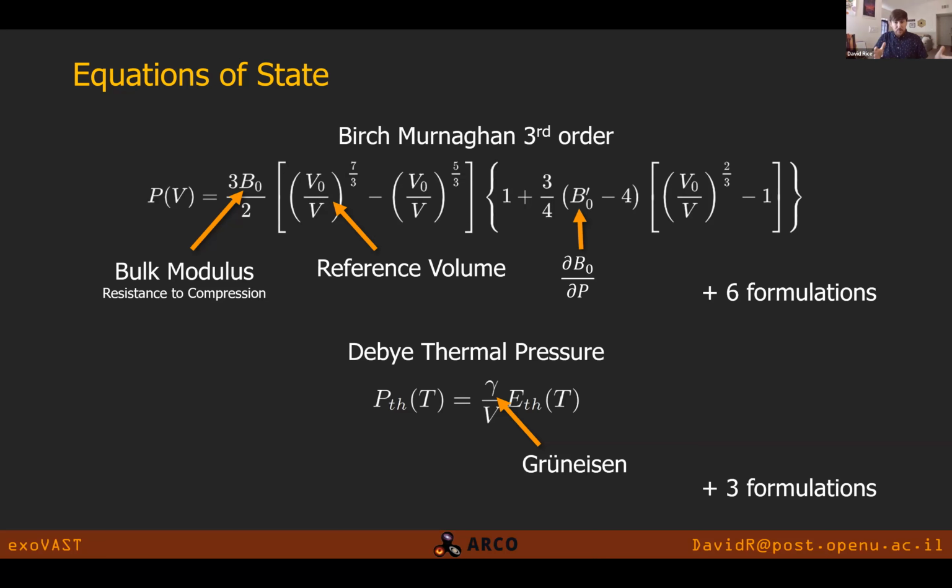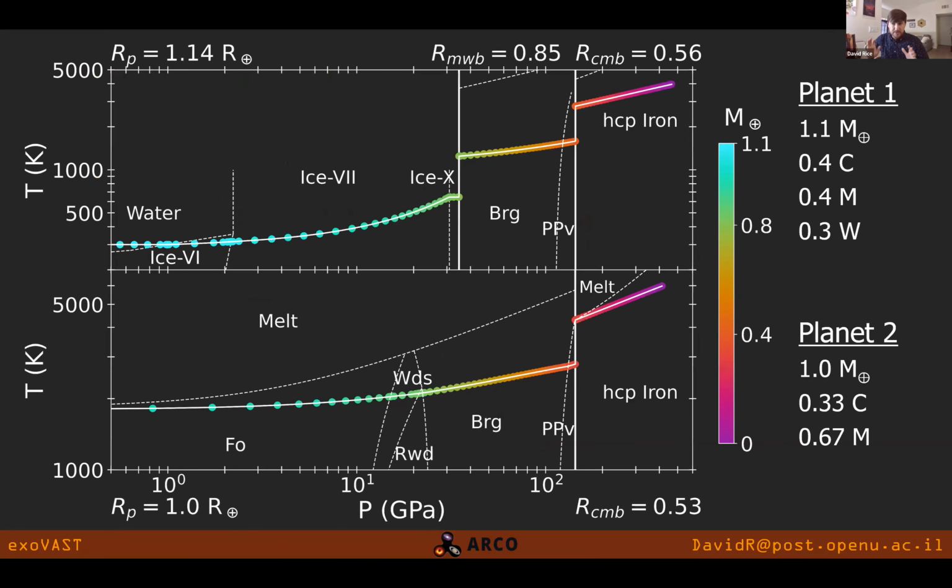But what I wanted to focus on in this talk is showing you a bunch of graphs. So a bunch of ways to visualize these outputs from MAGRATHEA, which will highlight different aspects of the code and hopefully inspire you to analyze an interior yourself and see how they're responding, or how these planets look on the inside. So this first graph is kind of summarizing all the things you get out of MAGRATHEA when you